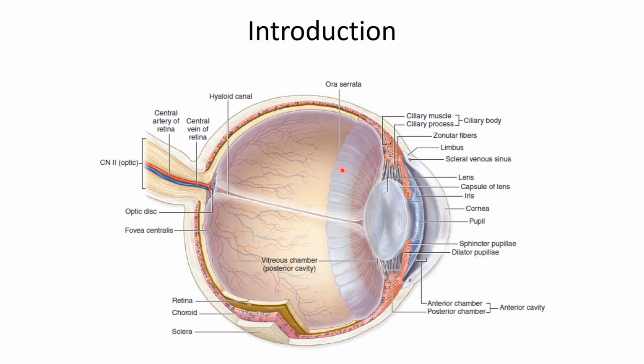As we know, eyes are highly developed organs for vision, and these are protected within the orbit of the skull, which also contains adipose tissue to provide cushioning. Now the eyeball consists of three concentric tunics, three concentric layers.